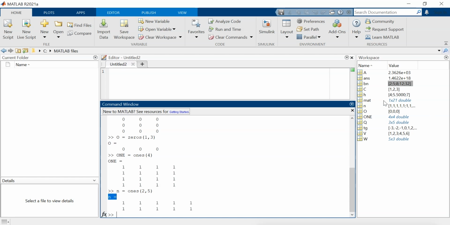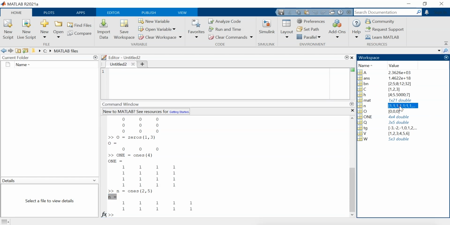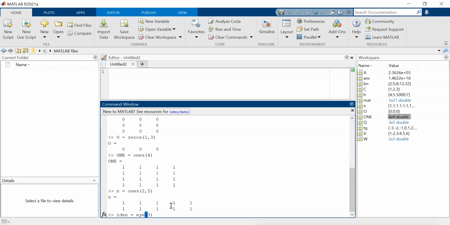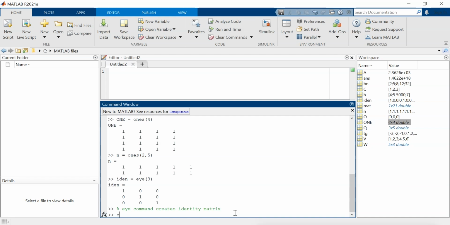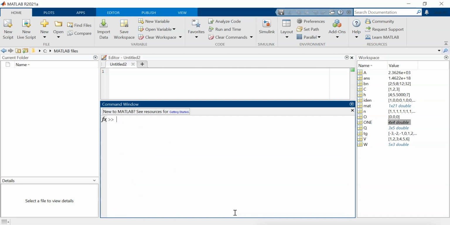Now, in order to create an identity matrix, the I function can be used. As an identity matrix has equal number of rows and columns, but what if we specify different number of rows and columns for the I function? For example, I typed 2 and 4 for the number of rows and columns respectively in the I function argument. The result is a 2 by 4 matrix with its diagonal elements as 1 and all other elements as 0.